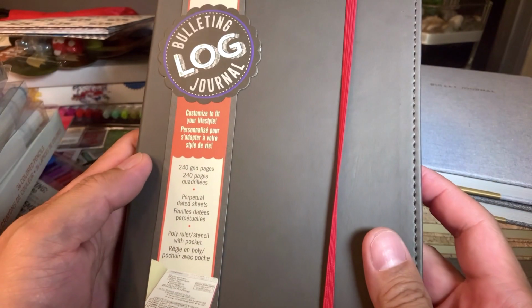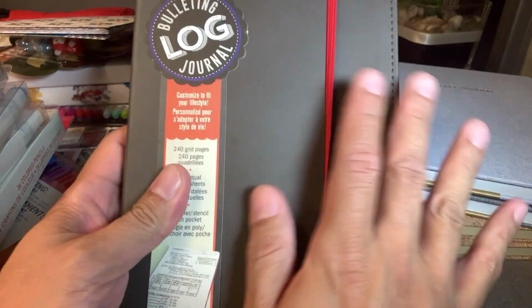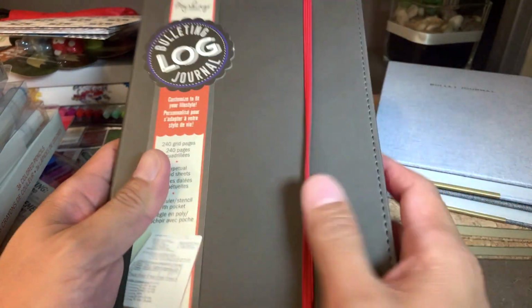Yeah, I couldn't say no to this. So this was about, again, $9 or $10, or maybe it was $12 at Walmart. Okay,